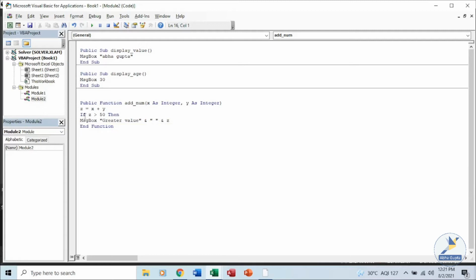So you can see we are checking if the value is greater than 50, then this message box will appear, and if not, we say else the same message box. Let's copy it.